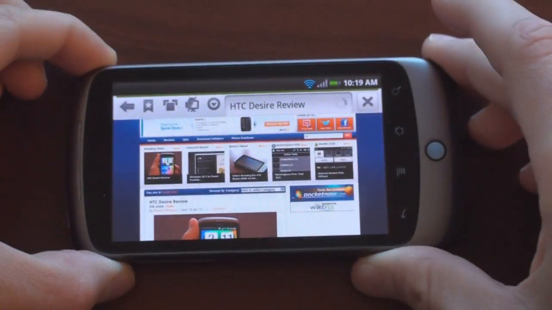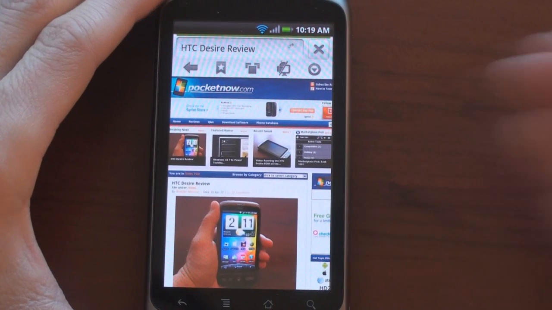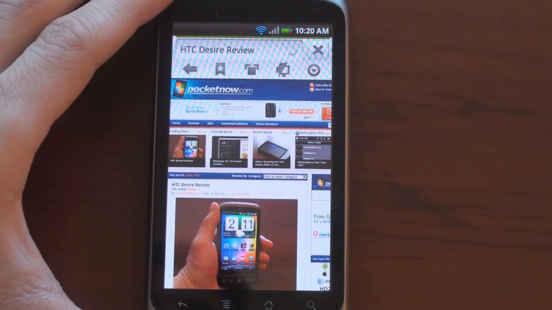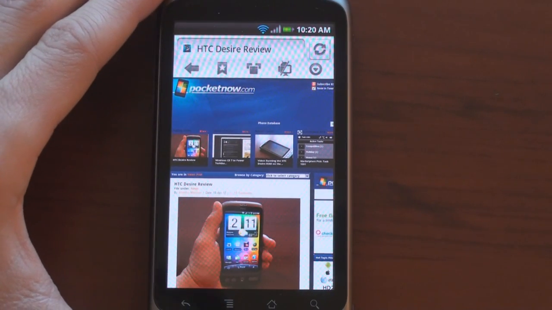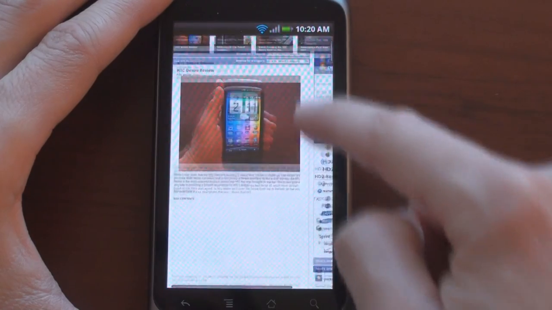And by the way, it does have support for the accelerometer, so we can go into landscape. I'm going to keep it in portrait. So now the browser is going to detect that I've got some Flash video embedded within this page. I should see a pop-up within a few seconds. Maybe not. So I'm going to press the menu button down here, and